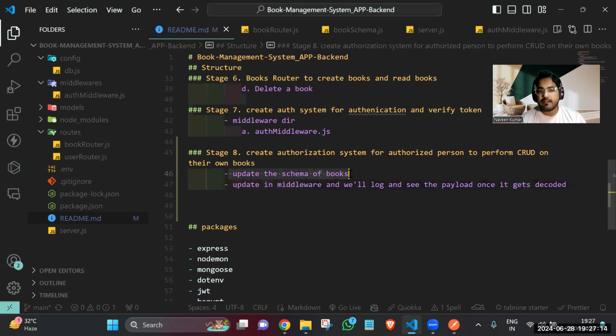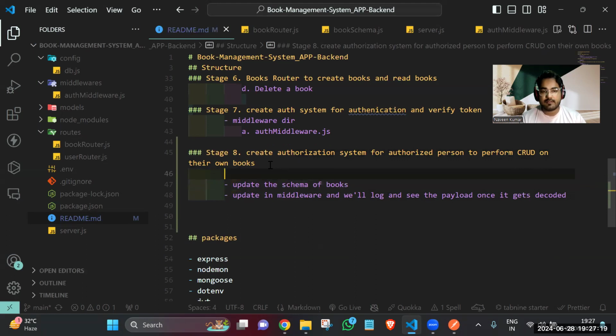First, we'll understand why we need authorization. First, we'll understand the problem statement, then we'll move ahead to update our schema of the books, and third, we'll update something in the middleware in the payload section. So